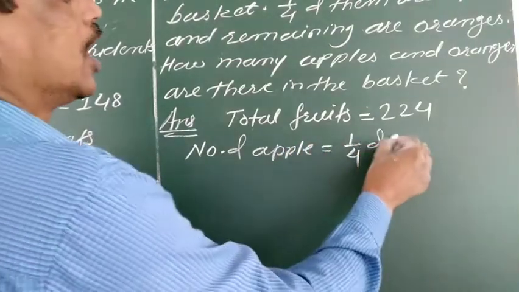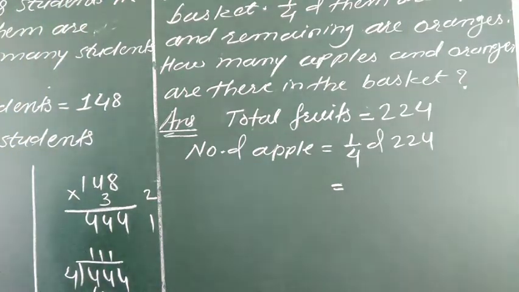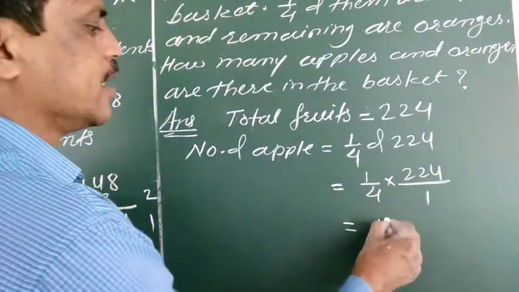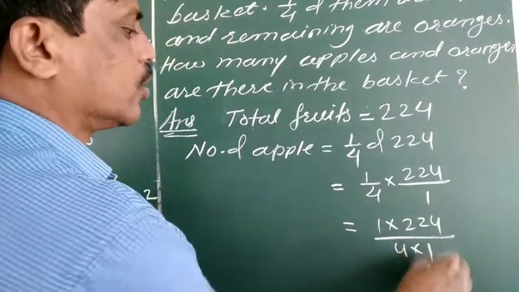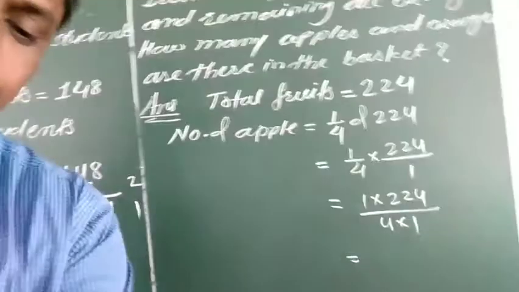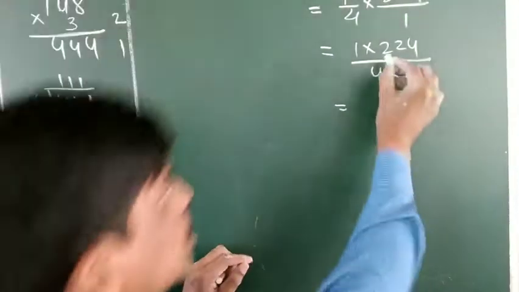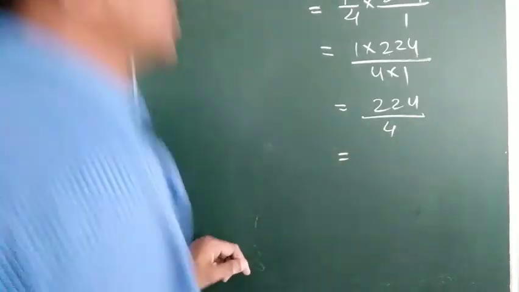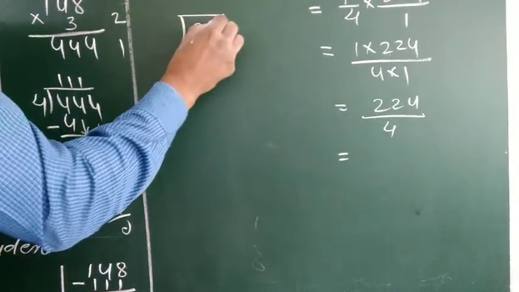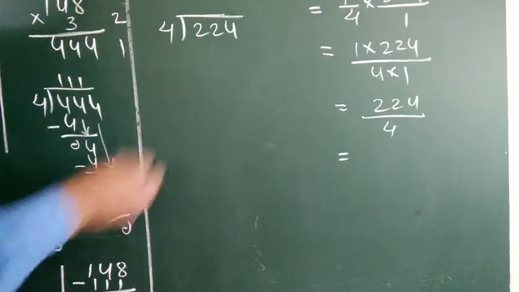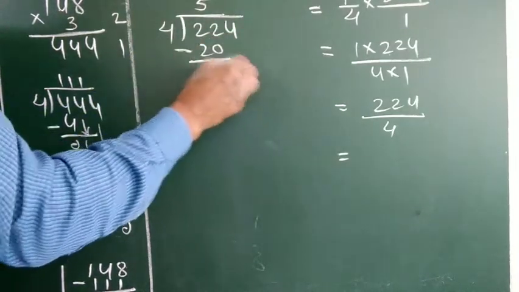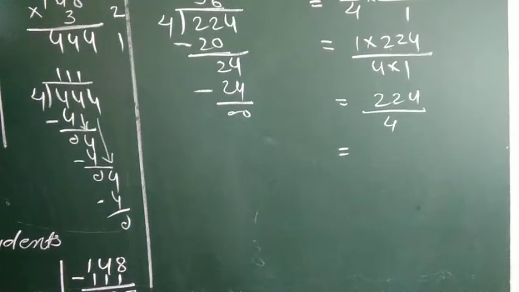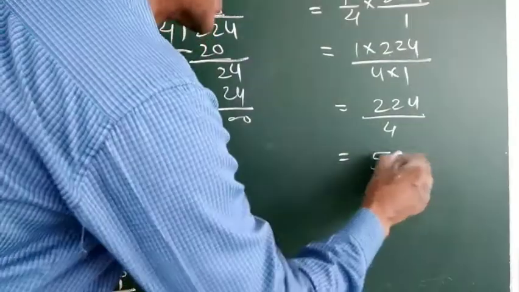It is 1/4 of 224। So see 1/4 into 224 by 1। So see 1 into 224 and 4 into 1। यहां तक समझ में बच्चों? अब नेक्स्ट स्टेप देखिए, it is 224 into 1 it is 224 and 4 ones are 4। So how many apples are there? 224 by 4। Divide कीजिए। 4 5 are 20। Then see 2 and it is 4 6 are 24। So this way 56 apples are there।